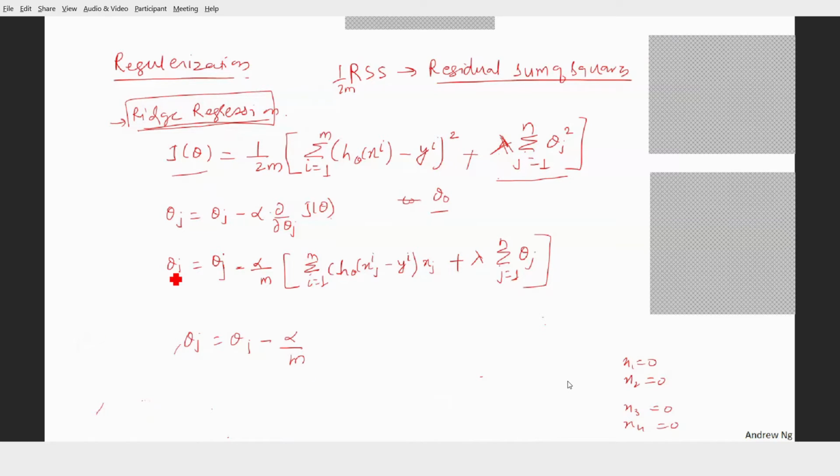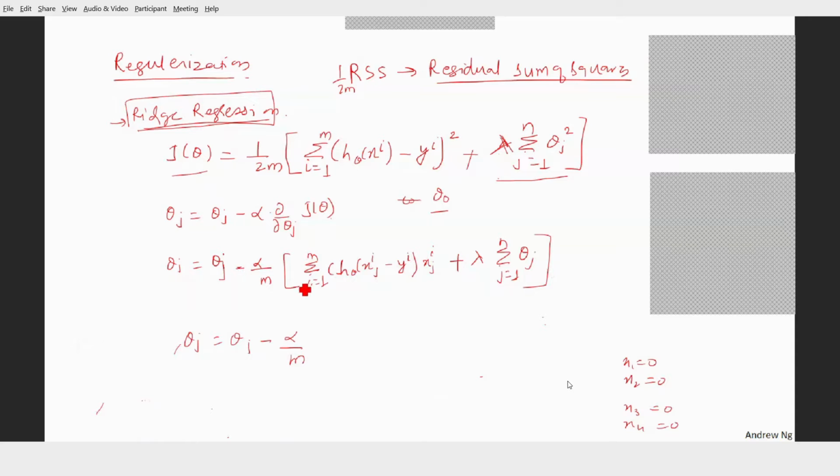Okay. Now, when we see theta j, I've written this, when we differentiate it, after differentiation I get alpha upon m. This is the equation. Any trouble in differentiating this equation and getting this equation? We have already done it, isn't it? We have already done this. Any difficulty in doing this? I hope there's no difficulty in doing this, right?